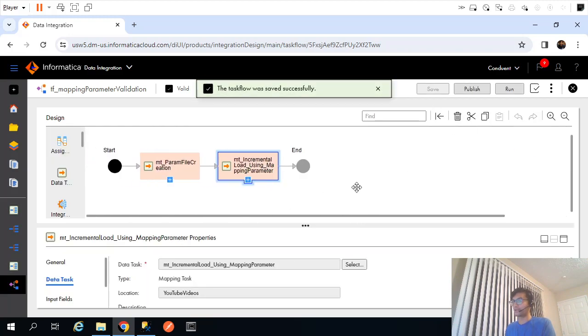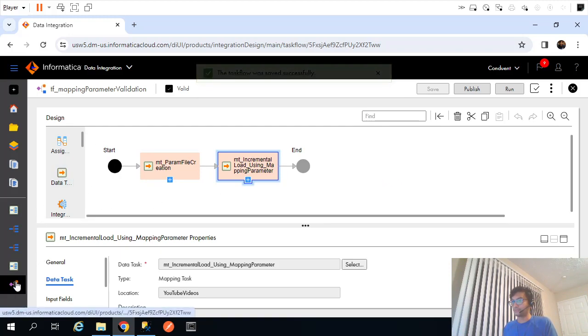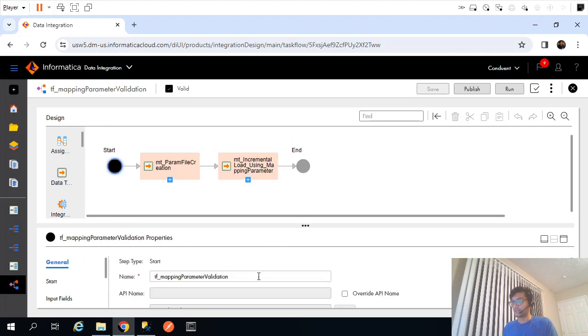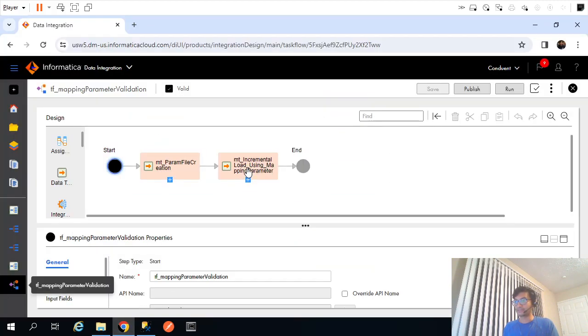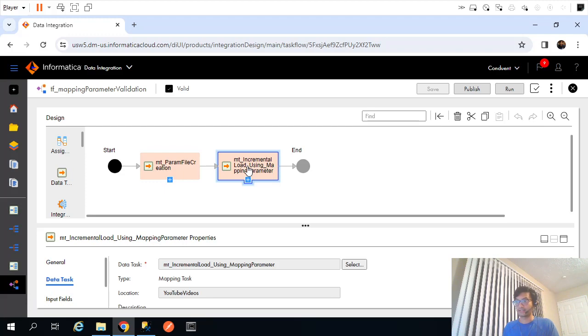So basically what we are doing, we have created a task flow. In that task flow, my first data task is creation of parameter file. So that parameter file will get created over here, and my second data task will utilize that parameter file. Okay, so if I